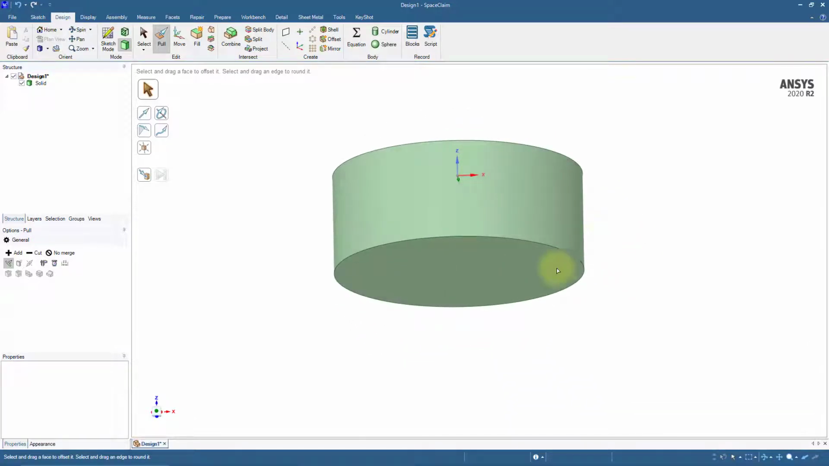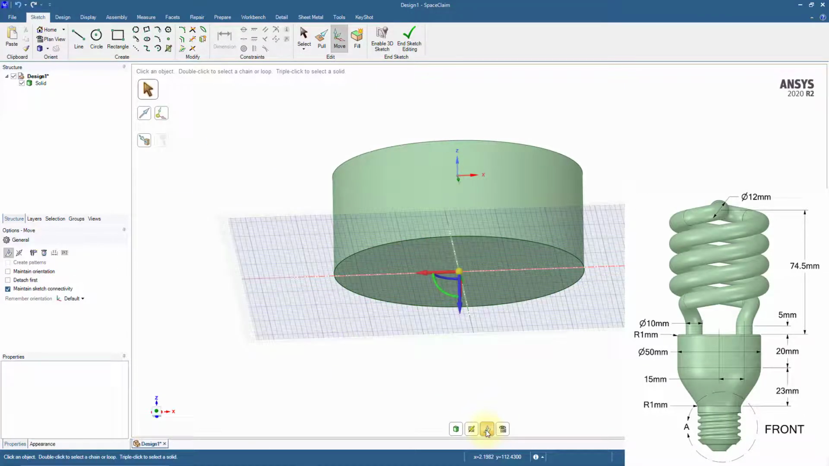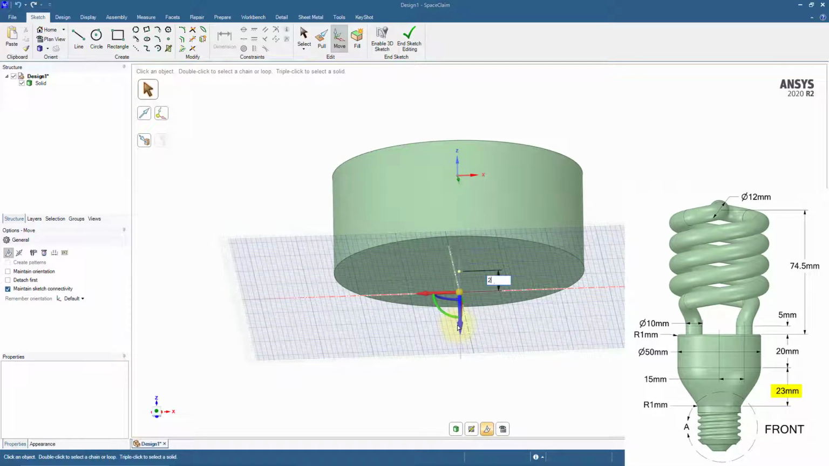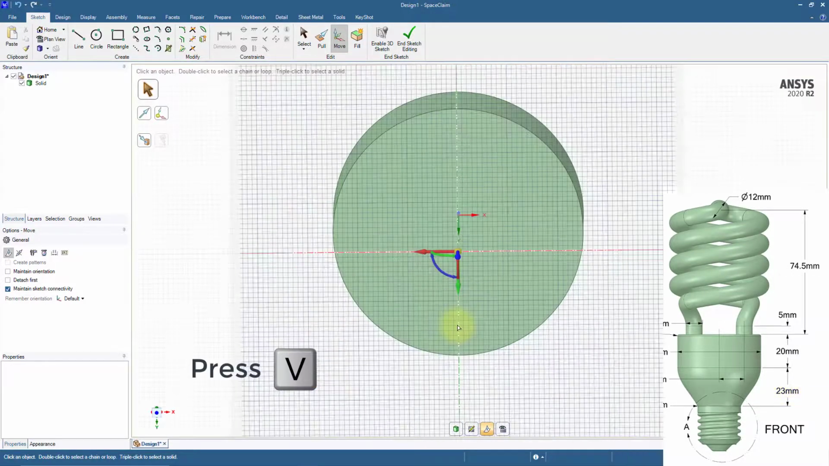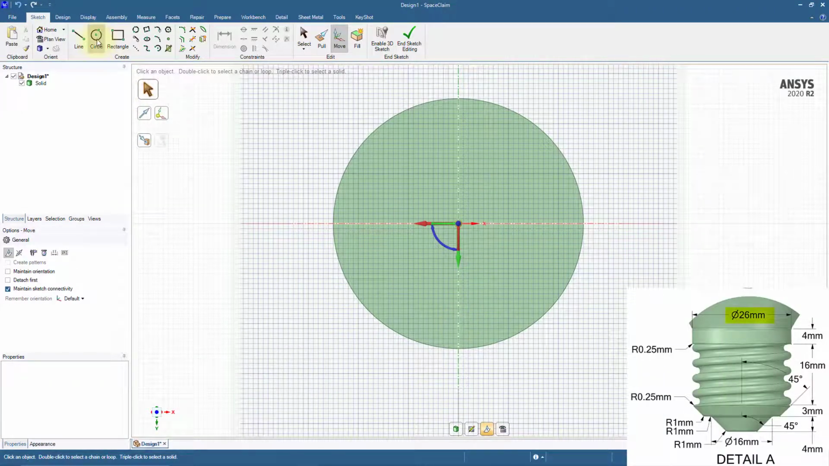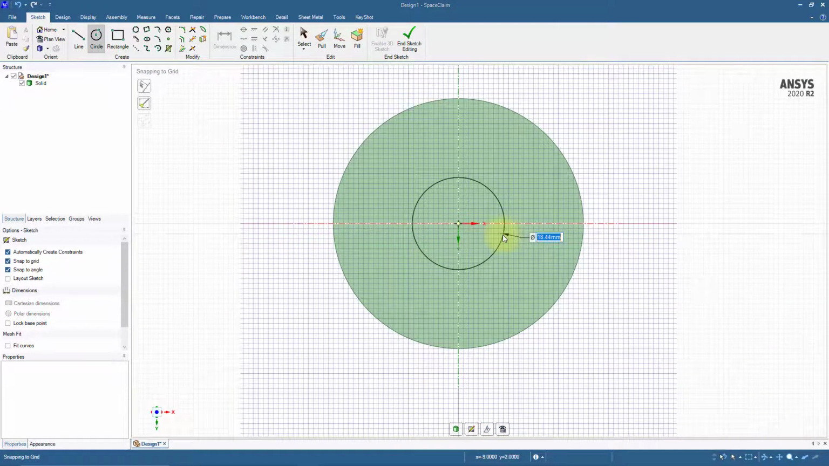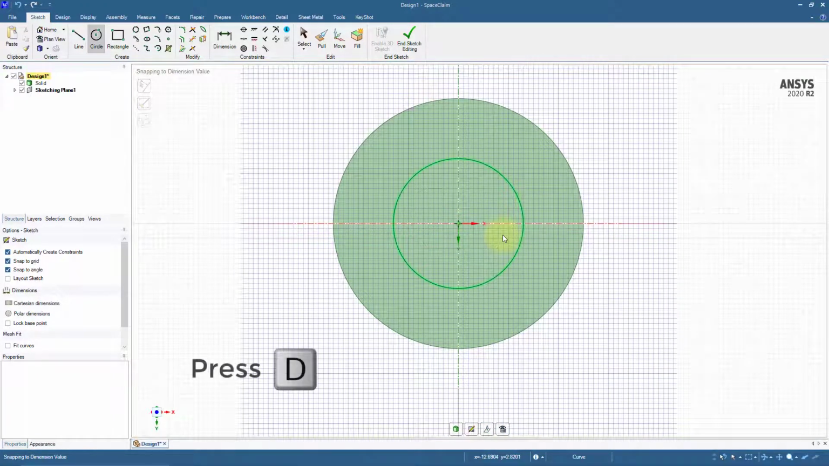Select the bottom face and click Sketch Mode. Select the Move Grid option located at the bottom of the window and move the grid down by 23 millimeters. Press V to orient the sketch grid to the plan view. Create a circle of diameter 26 millimeters at the center of the grid. Return to 3D mode